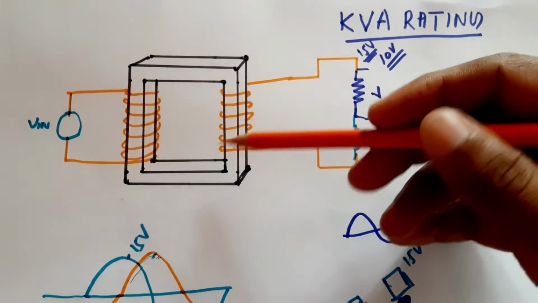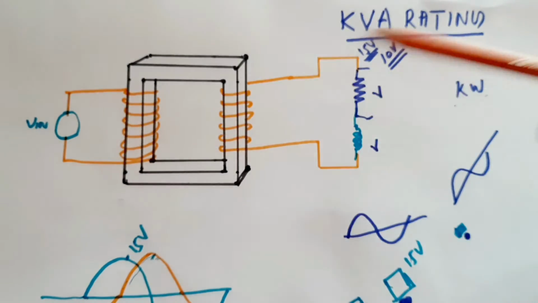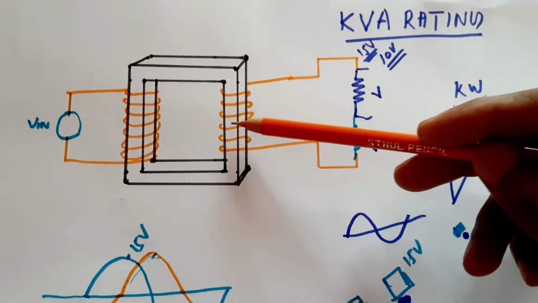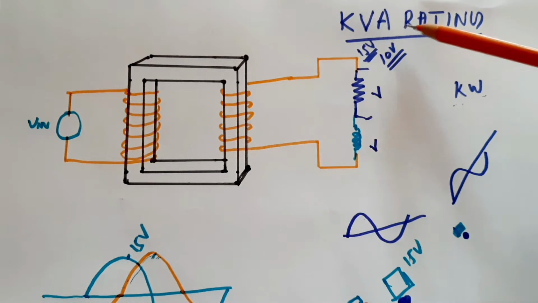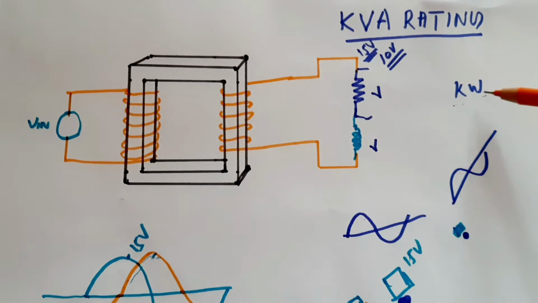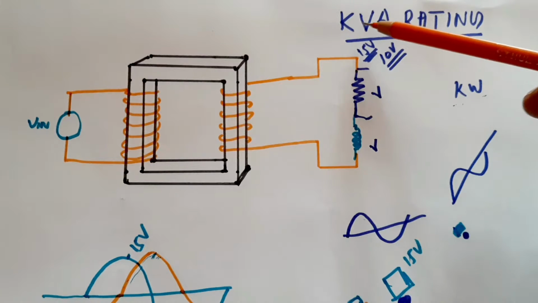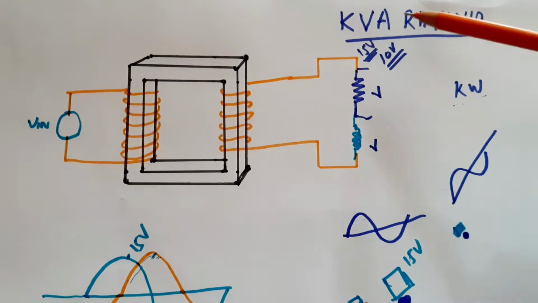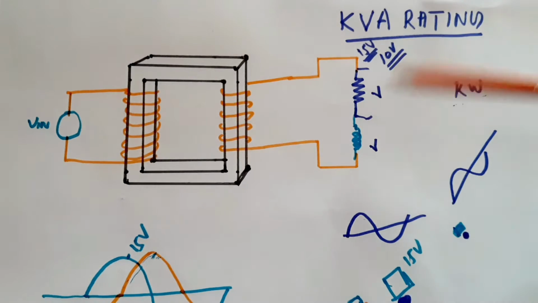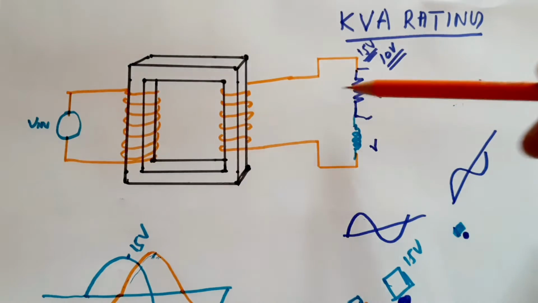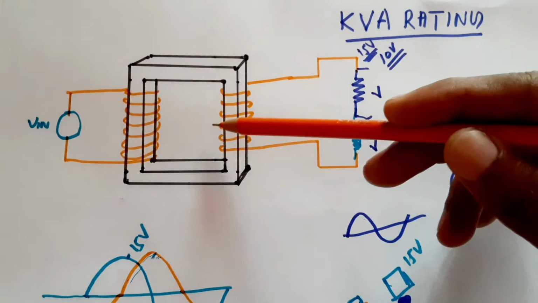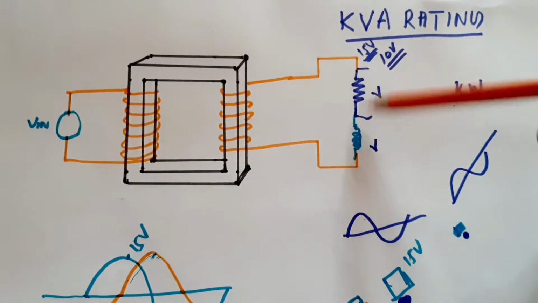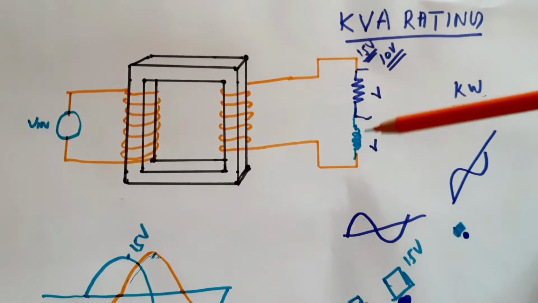Hello and welcome all. Today we are going to look at why transformers are rated in kVA, not kW. kW means the actual power dissipation, and kVA includes not only the actual but also the reactive power. That means, depending upon the load, if we connect an output that contains a resistive and inductive load,